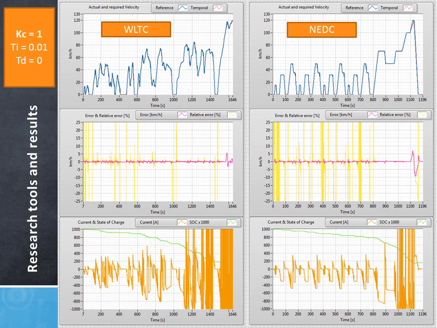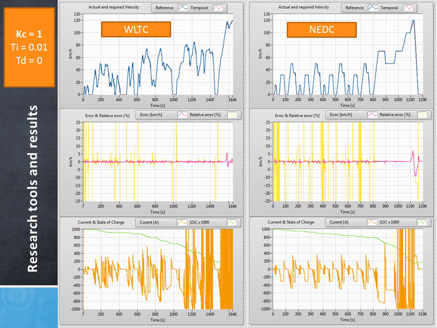In the bottom graphs, you can see an orange line representing current given in amps and state of charge, typically given from 0 to 1, multiplied by 1000. It's a green line. It is to be mentioned that the simulation on the left is aborted due to virtual traction battery depleted. Although the battery should give about 70 km car range, the harsh current impulses depleted the battery in only